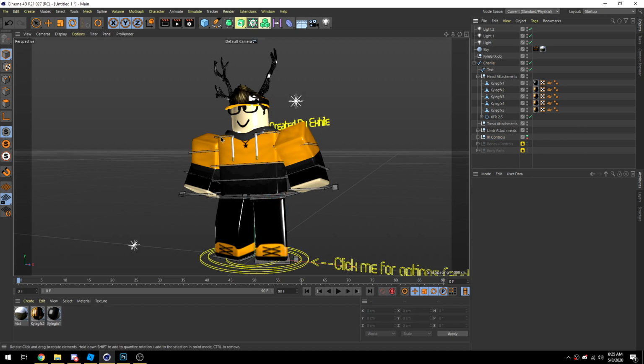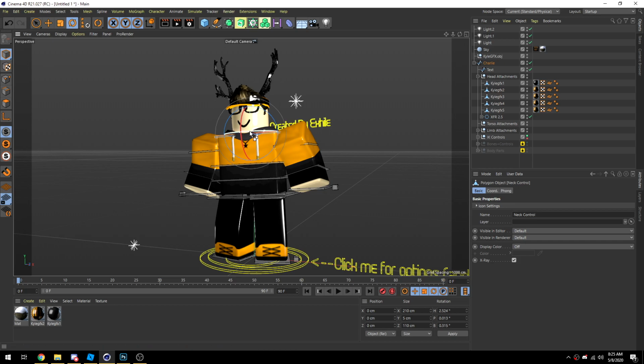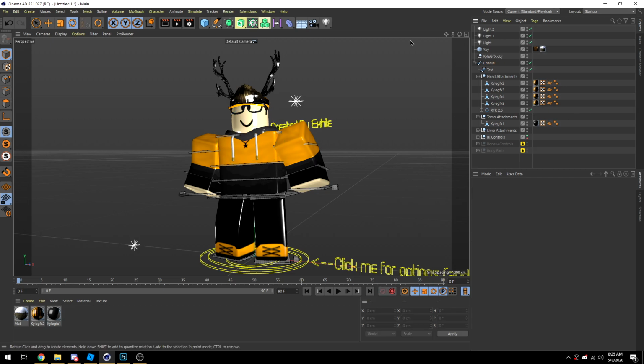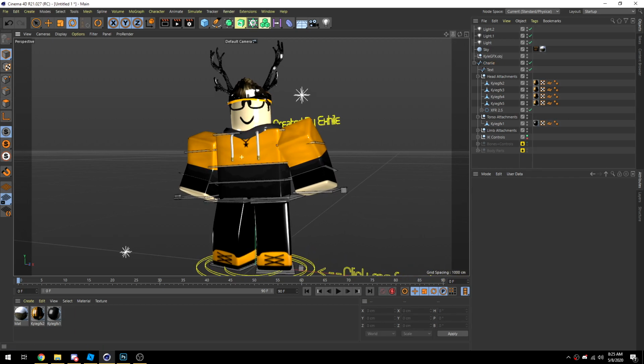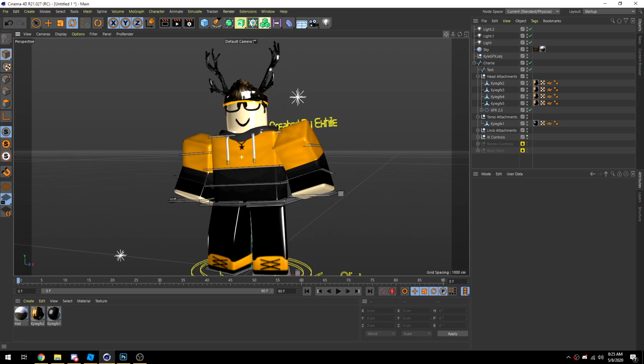I think that's good for a pose. Let's just get the head in there. If you have something on the neck, you can just put it in the torso attachments because technically it's attached to the torso. And then you can just make it look at the camera. Then you can just zoom in and then render